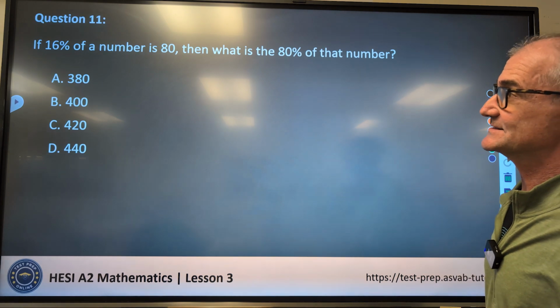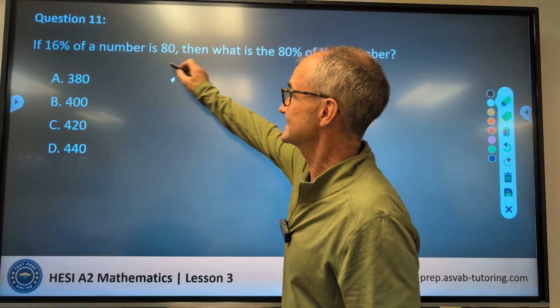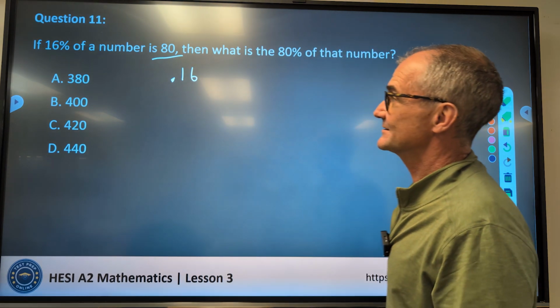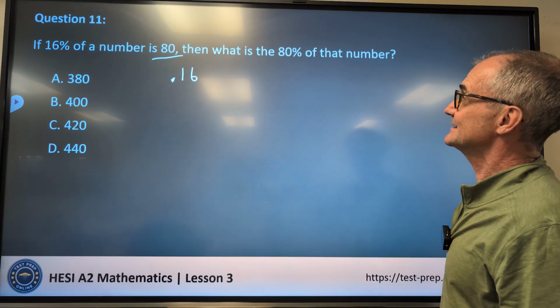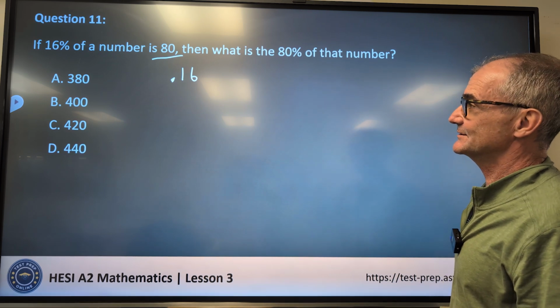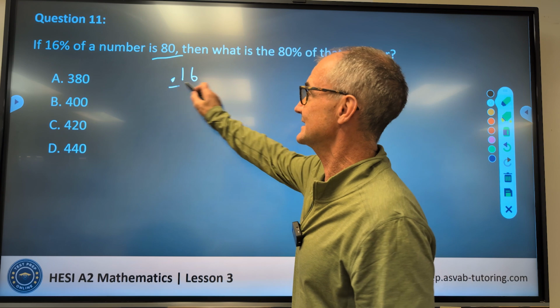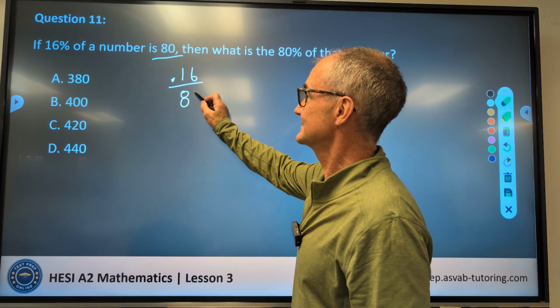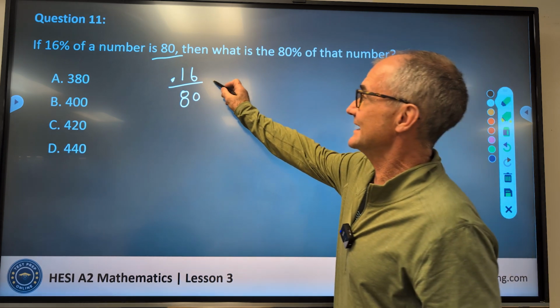Number 11, if 16%, again, I'm going to just convert that right to a decimal, 0.16, is 80. 16% of a number is 80. What is 80% of that number? So 16% of a number is 80. I think we could do it this way. 16% is 80. What is 80%